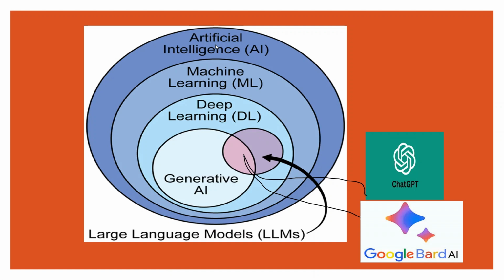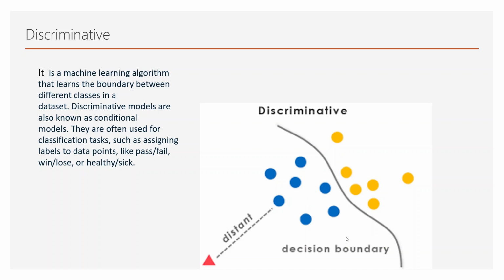So your DL can be further broken down into something called a descriptive model. Then you have something called generative AI, and there is also something called LLMs, that is your large language models. You can see over here at the intersection of generative AI and LLMs, there is a technology that powers the application of both of them, and that is used in ChatGPT, and that is also used in Google Bard. Okay, fine. Now let us go ahead.